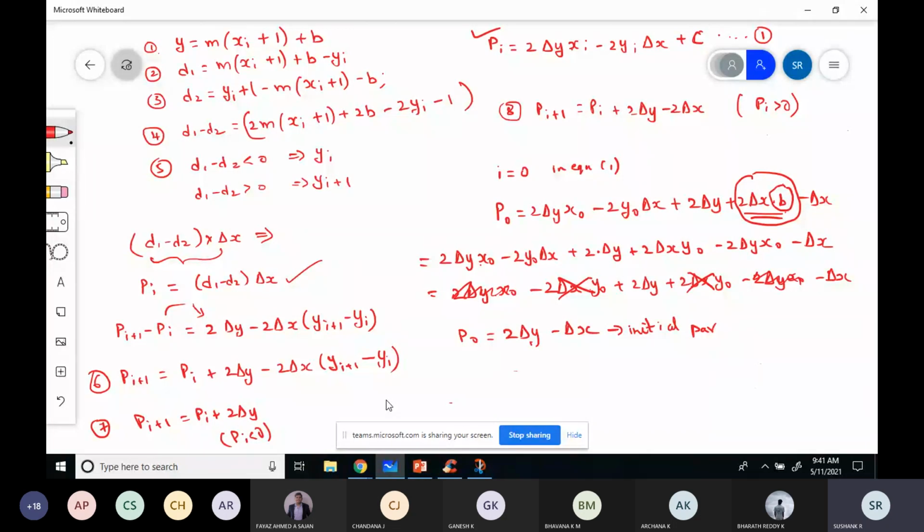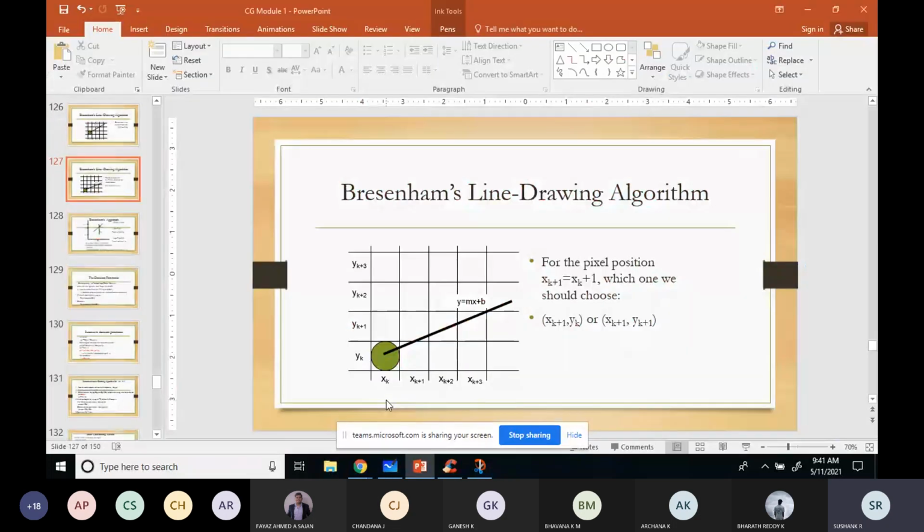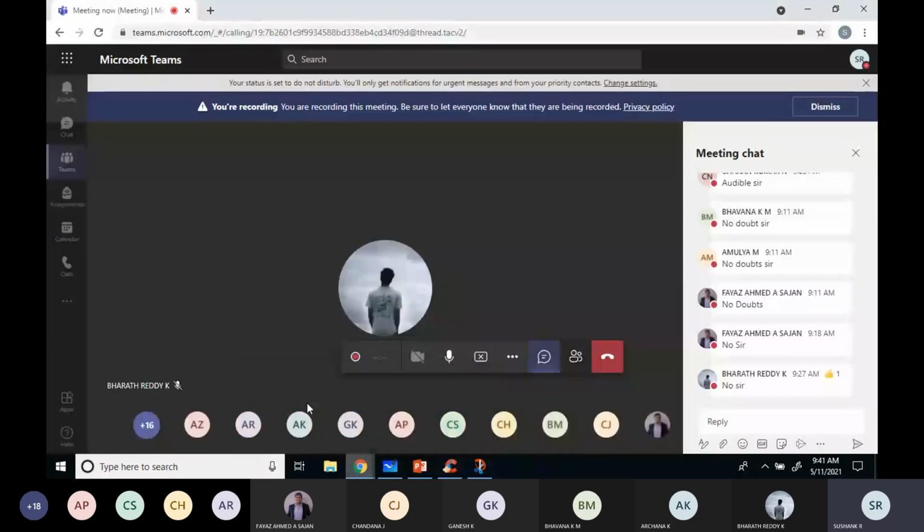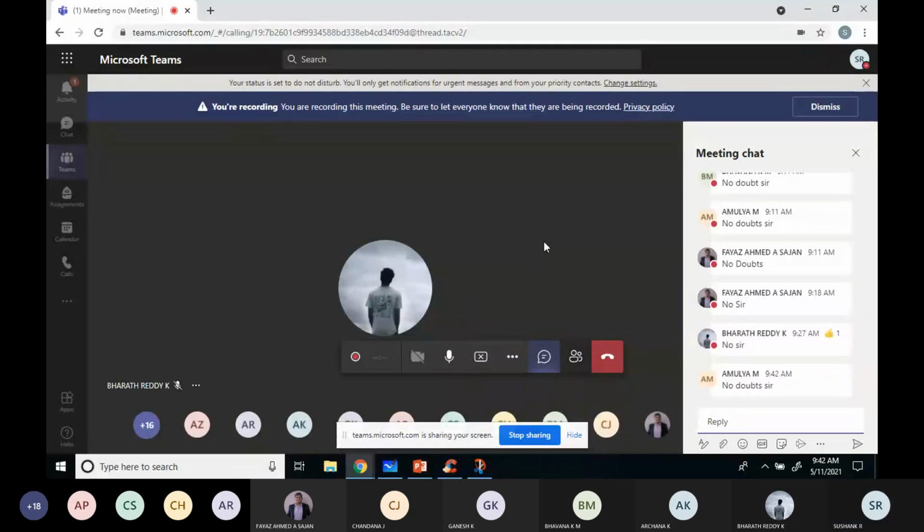So now, any doubt with respect to the equations? If any doubts with respect to the derivations, if you are not comfortable, or if you have not understood any of the parts, we can derive that. See, it's just maths involved, that's all. So any doubt? Any doubt in any of the equations? Okay.